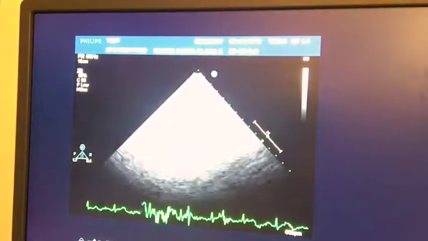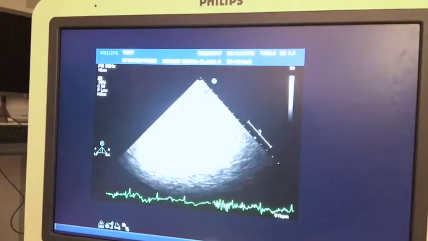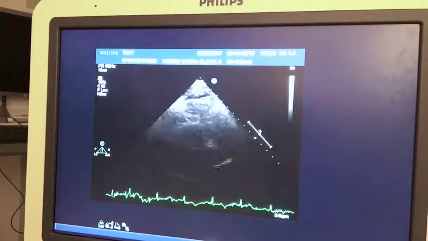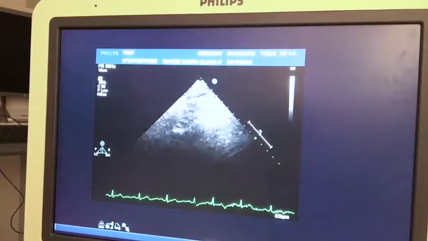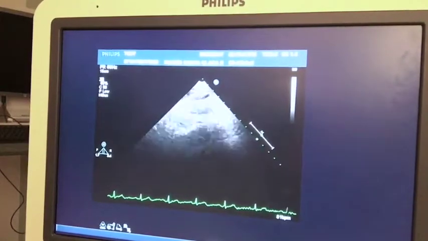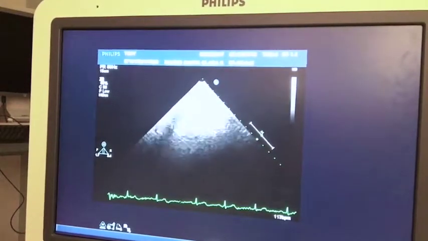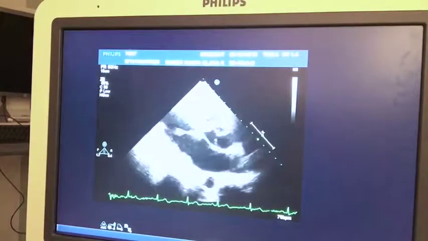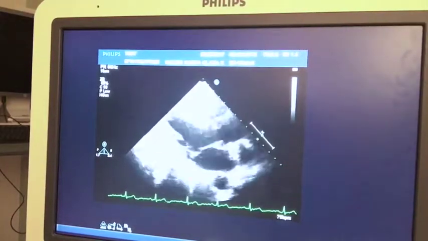So initially I want to set up the patient. I want to make sure that they're comfortable, make sure that they're covered and feel private and safe. And then I'm going to perform a standard echocardiogram, which is initially the